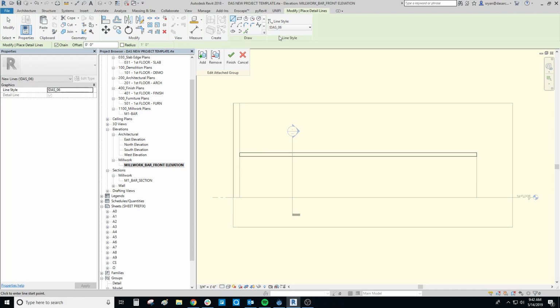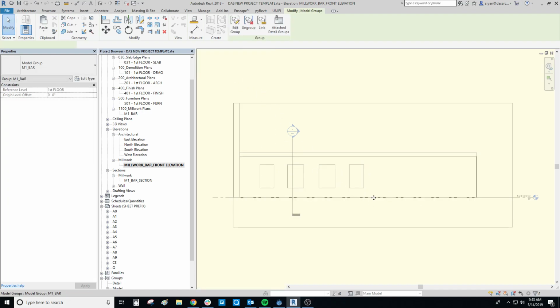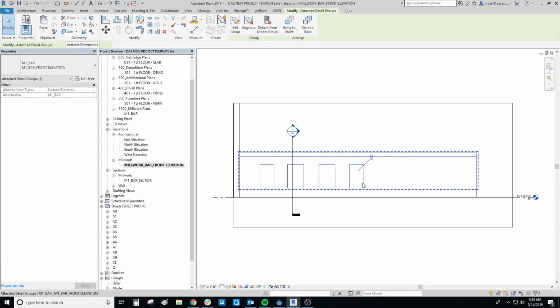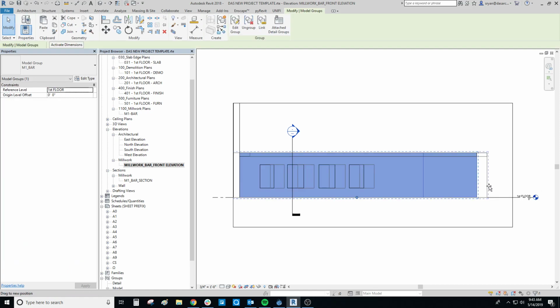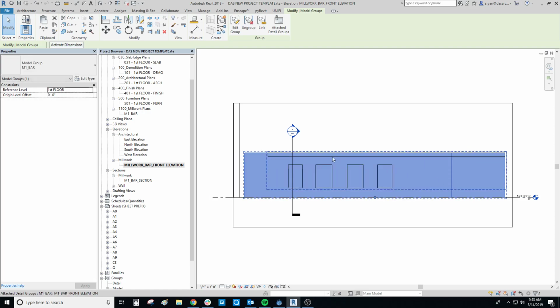Now, you can kind of make like some coffers on the front. I don't know. It's pretty ugly, but you get the idea. Finish that. Finish the overall group. That's looking pretty good. Now, if we take this and we slide this to the side, you can see everything